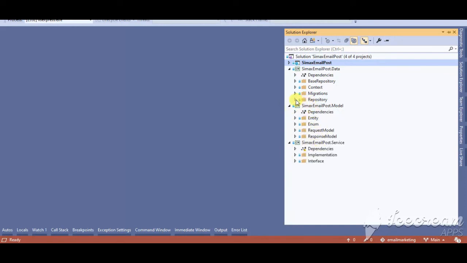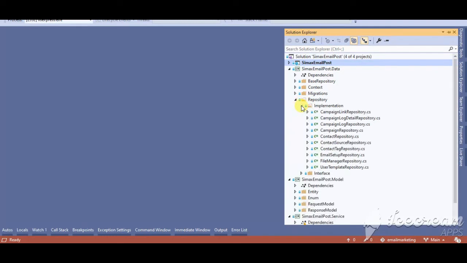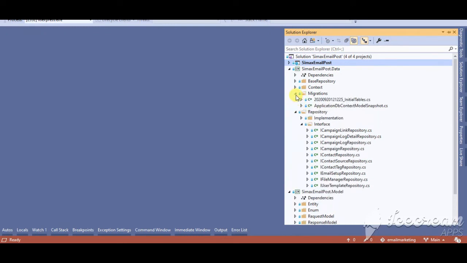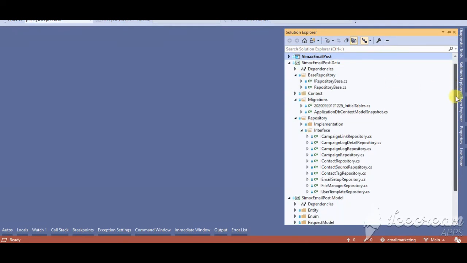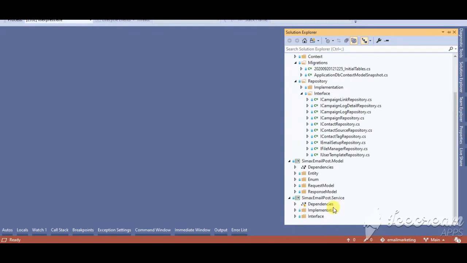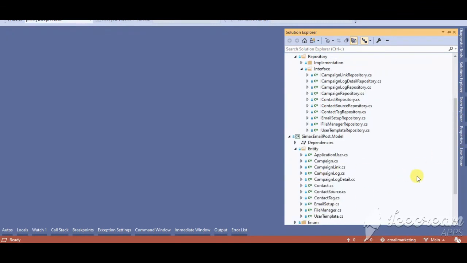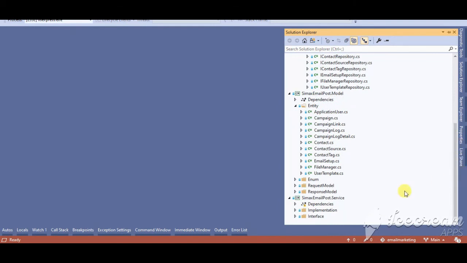We are using the repository pattern, and we have interfaces, so it is fully managed. We are using Entity Framework with migrations, and some base repositories for basic operations. These are the entities and request and response models.